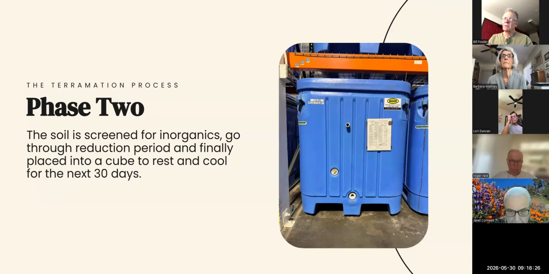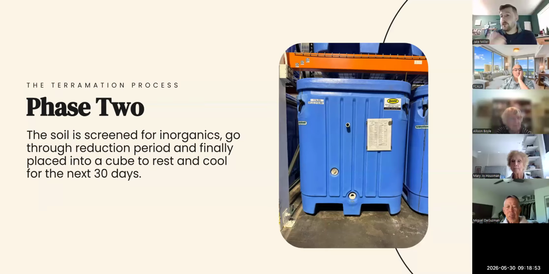So after we've gone through that mechanical breakdown of that longer bone, we now place all of the soil into this secondary vessel for the last 4 weeks. And now what is happening in that last 4 weeks, we just let that soil sit and cure. And now those microbes are given access to the inside of the bone, where microbes can completely break down any bone fragment from there. And so, all in all, between the first phase, which is again about a month to 2 months, and then the second phase, which is a very consistent 1 month, all in all, this takes about 60 to 90 days on average.